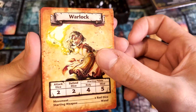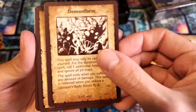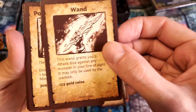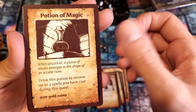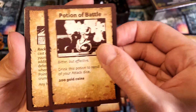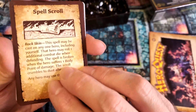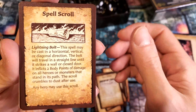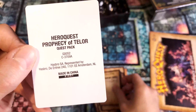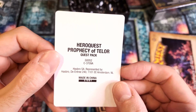First up, we've got the Warlock's Hero card, followed by the Warlock spells, which include Demon Form, Fear, and Dark Wings. The Warlock's Wand, Potion of Restoration, the Potion of Magic, the Potion of Healing, the Potion of Lesser Healing, the Potion of Battle, equipment cards, and finally, the artifact cards, Spell Scroll Rockskin, Spell Scroll of Lightning Bolt, Spell Scroll of Water of Healing, and Spell Scroll of Heal Body. Finally, we get this super ultra rare exclusive HEROQUEST Prophecy of...